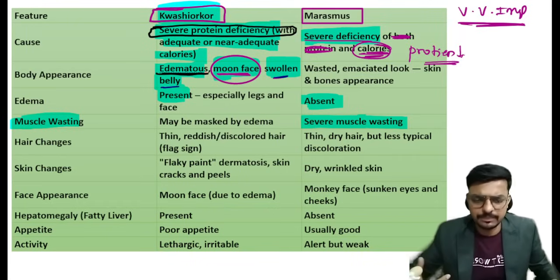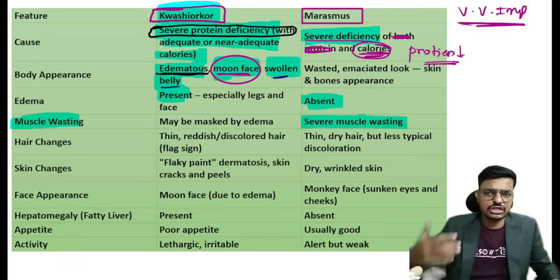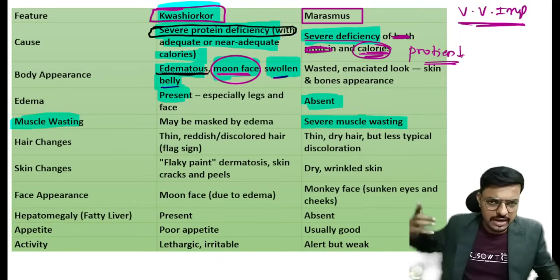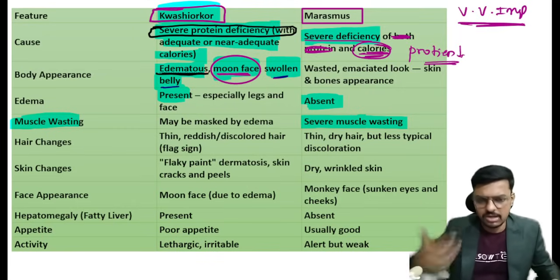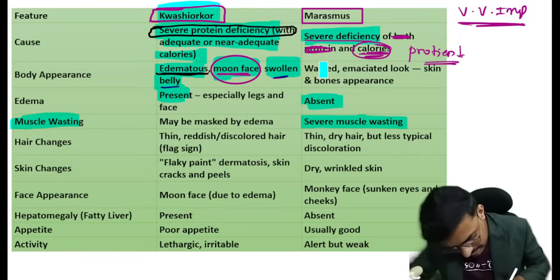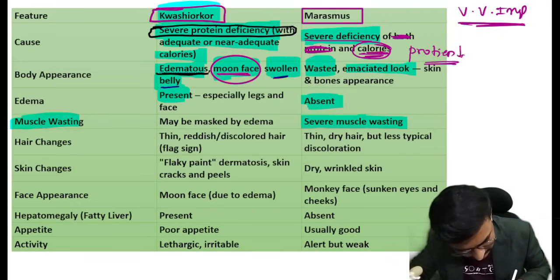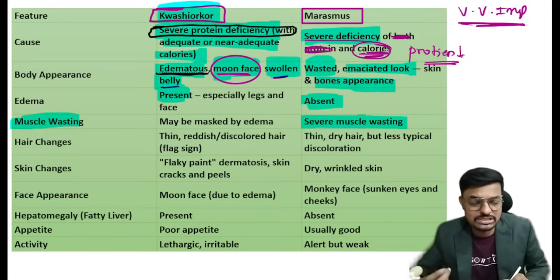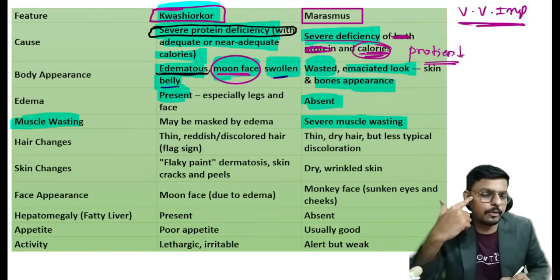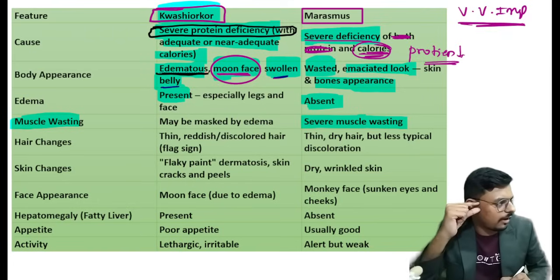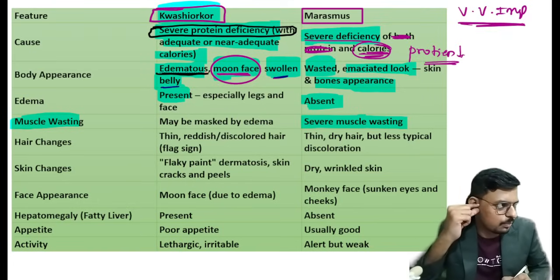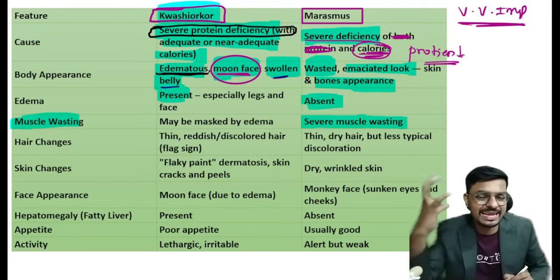But in a case of severe deficiency of calories, there will be a utilization of the extra calories from fat and protein. The baby will start that, so entire fat will get wasted, entire protein will get lost. The child will be wasted, with emaciated looks, and skin and bone easily visible. The bone on the face is clearly visible. Here the buccal pad and temporal pad of fat are getting lost, so the bone gets prominence, as in an HIV patient, a cachexic patient.